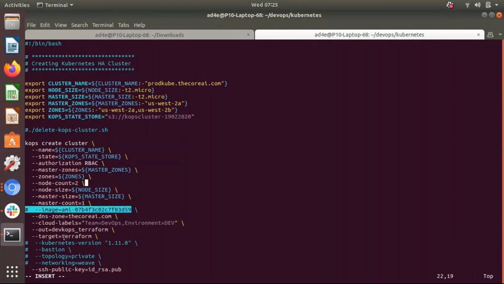And then cloud labels, we can give any labels. This is a dev environment, a dev cluster environment we are creating. Output, it will save in DevOps Terraform, target equal to Terraform. And then I will not give the explicit version information, it will take the latest one. We are not going to get any bastion topology. It will take default networking. Default networking is kubenet. And then